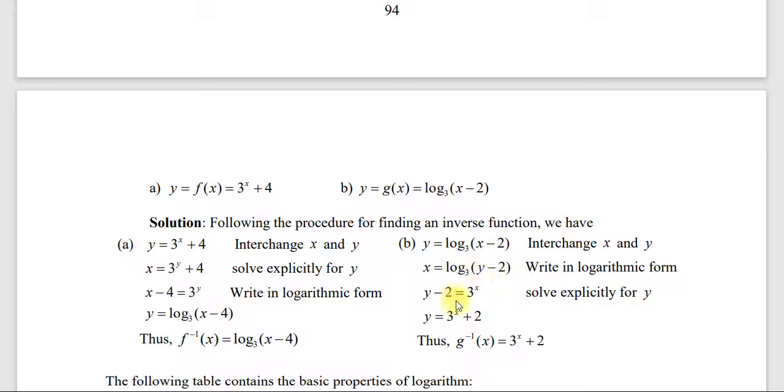So y minus 2 which is equal to 3 the power of x. Then solve explicitly for y which is equal to 3 the power of x plus 2. ስለዚህ ኢንቨርሱ ይሄ ነው ማለት ነው። እንደዛ አድርገን ኢንቨርስን መፈለግ እንችላለን ማለት ነው በቀላሉ። ባይዘው ስለ ሎጋሪዝም እንድትል 10ኛ ክፍል